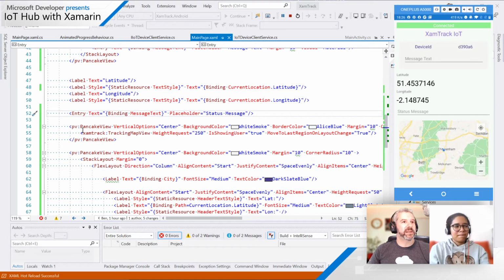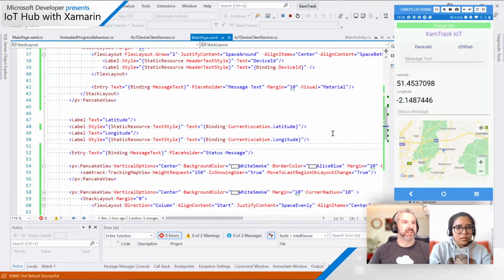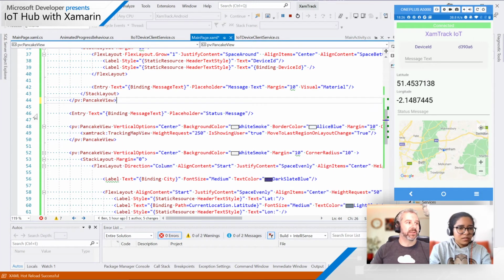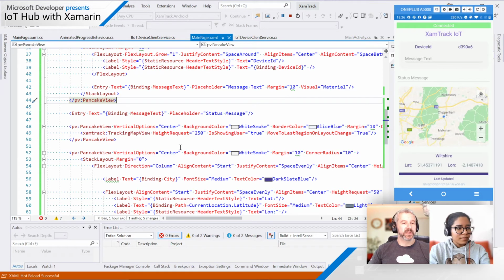So I've just done another change that you can see here. I've changed the, there we go. So this is one of the coolest things that I can't believe I nearly forgot to demonstrate. Currently we're looking at just seeing lats and longs, just plain text. But there we go. With the magic of hot reload, I've just thrown in a map, and we're able to